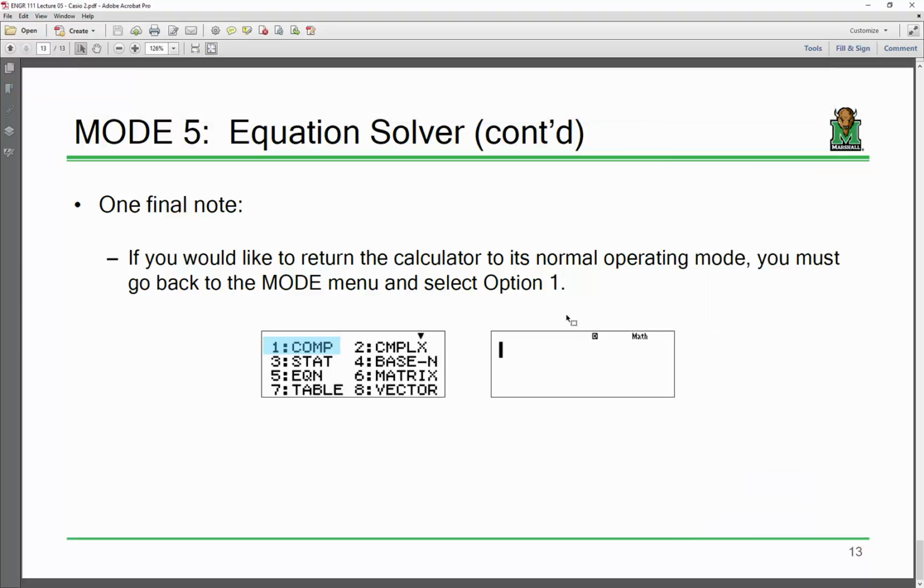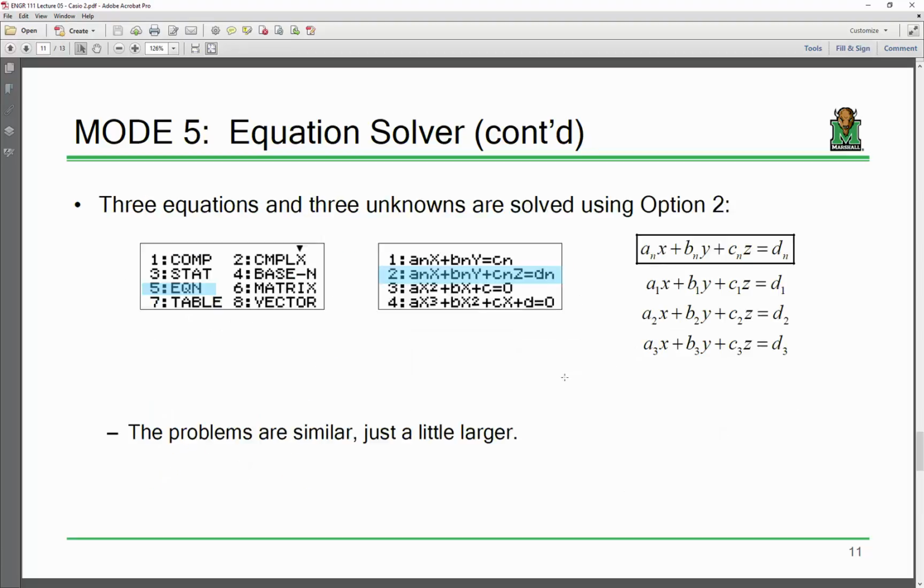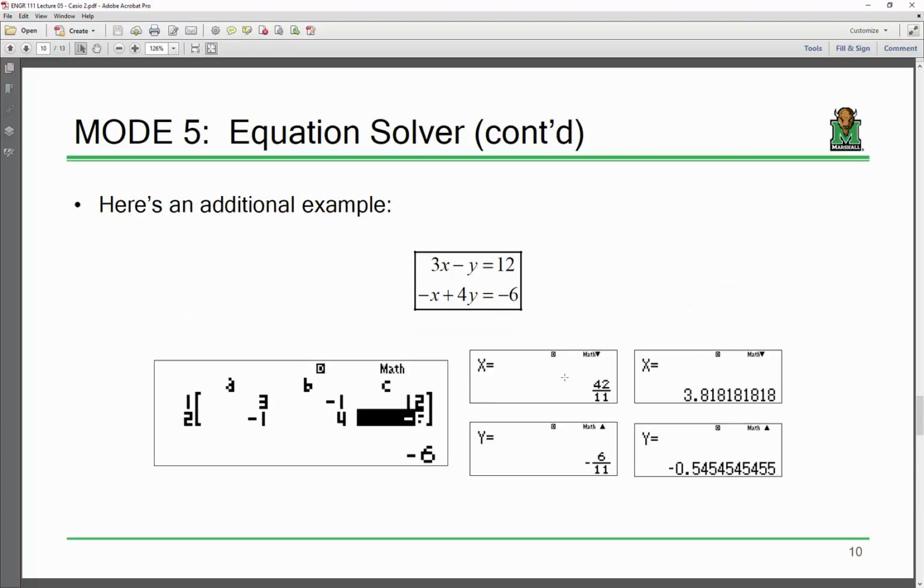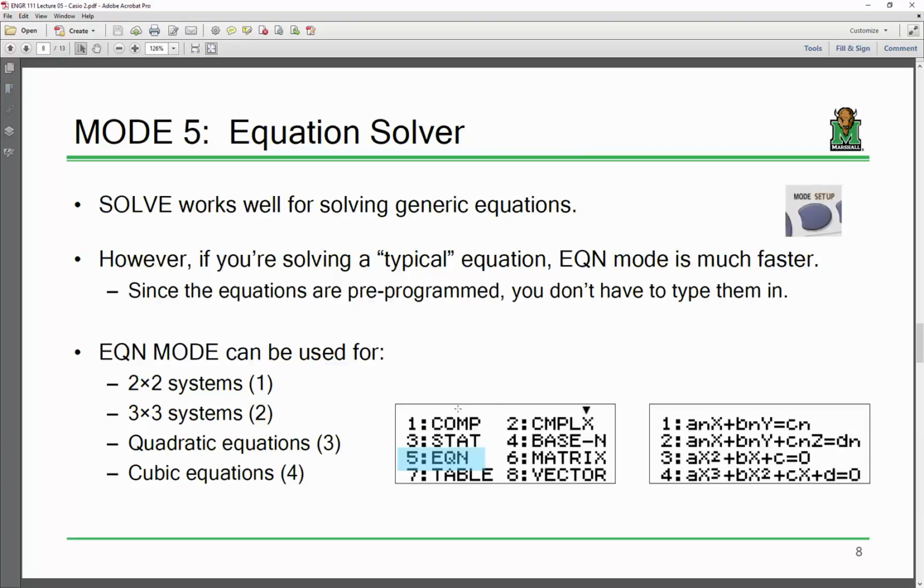Okay, so that's all we have for this lecture. Next time what we're going to do is we're going to go back to the equation mode, what we've been doing here. This time we covered 1 and 2. Next time what we're going to do is cover 3 and 4 so that you know how to solve these. Engineering students will be solving quadratic equations and things like this all day long, so it's definitely something you're going